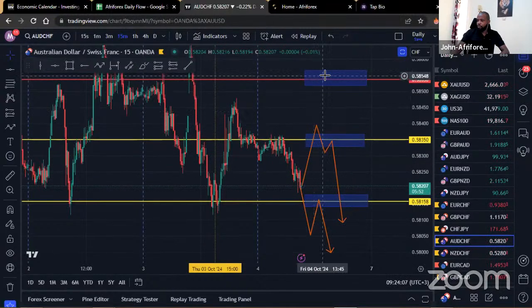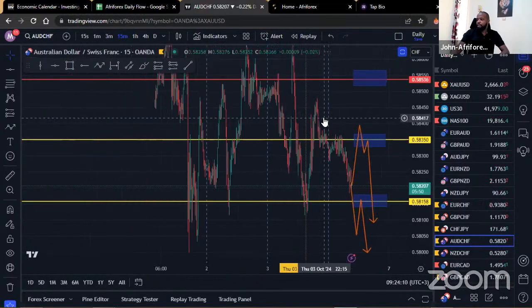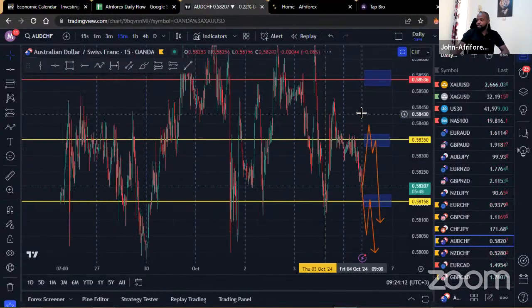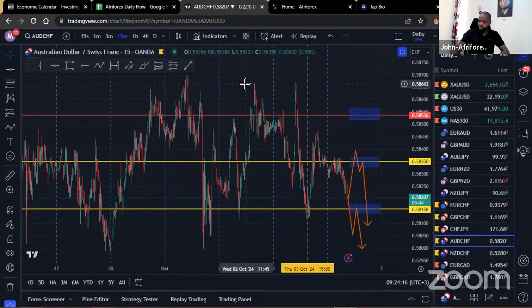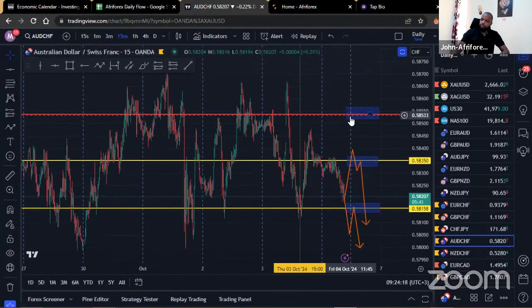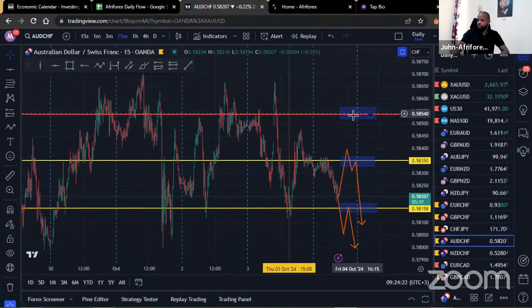So just watch out for that region there. And also that other region at the top somewhere within there. If you look at the market structure on this one, to some extent we're in some sort of a range, which tells you that the best buying and selling opportunities are still somewhere within this region right here. But of course, this one here is the second best option that we have.